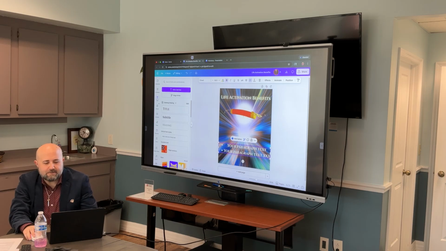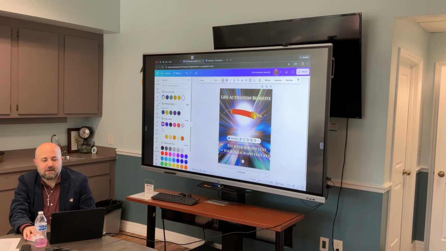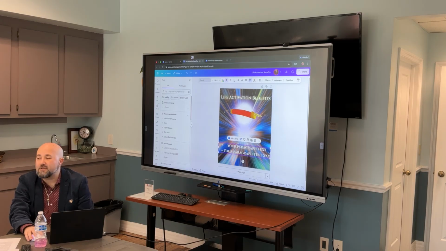So let's see here. So we have our text box here, and we saw how we can change the color, just like we were changing colors with the graphics. You can also change your font. So you can see the fonts that are available, and you can also search for fonts. There are some